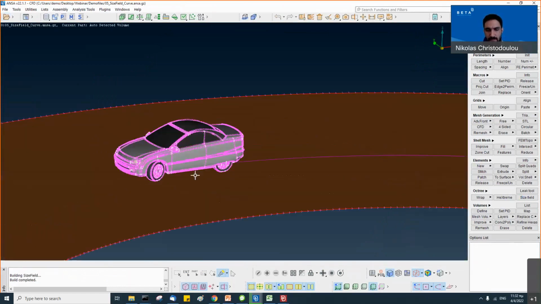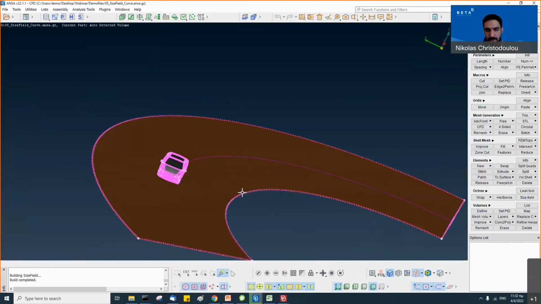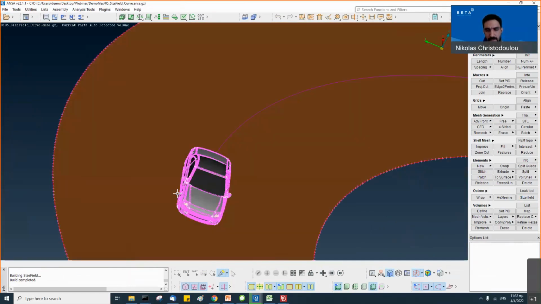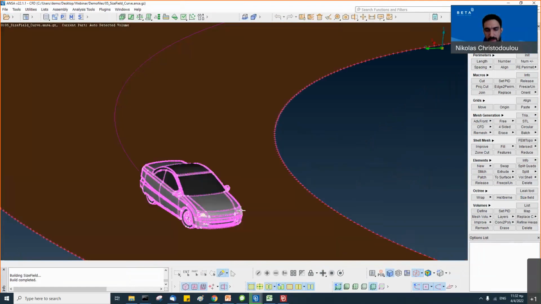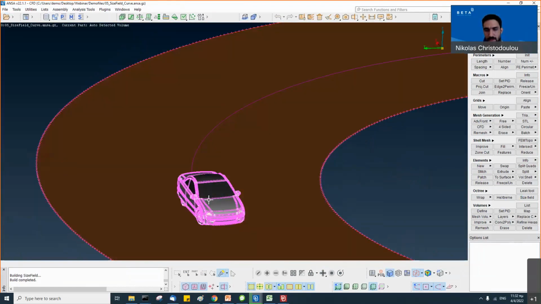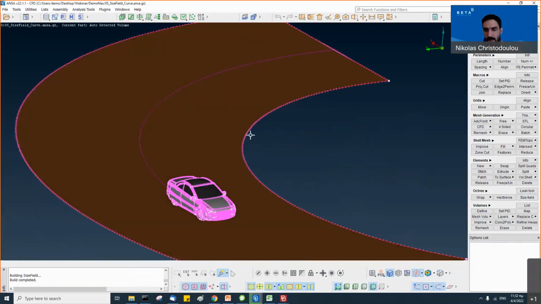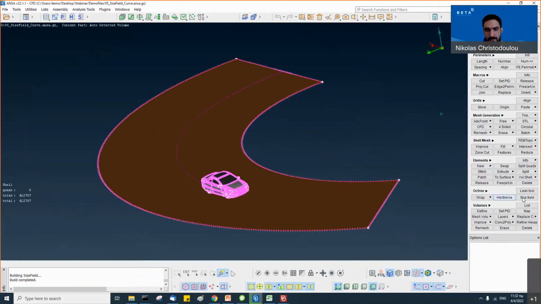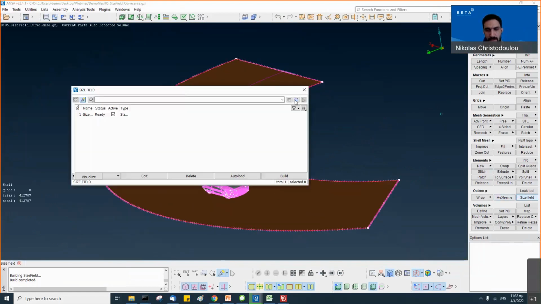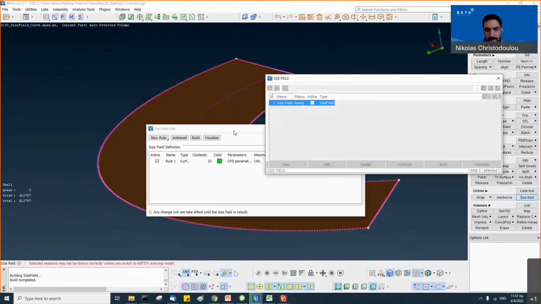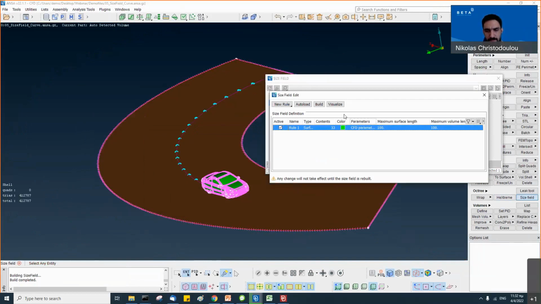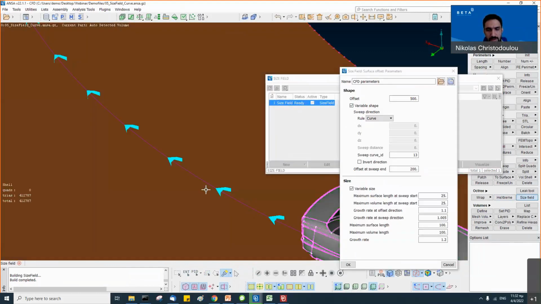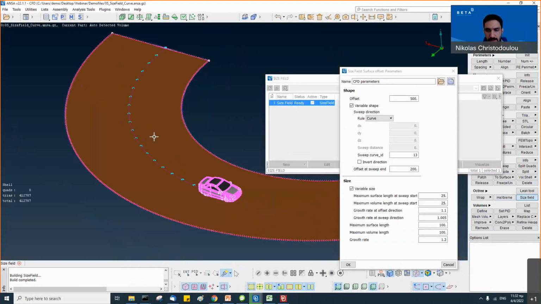If you have something that you want to refine, like a vehicle, like a car here, or maybe a leaning motorcycle or anything like that on a corner, now the size field can take this curve as an input and can sweep the refinement area across this line. So you can invert the direction if you want.